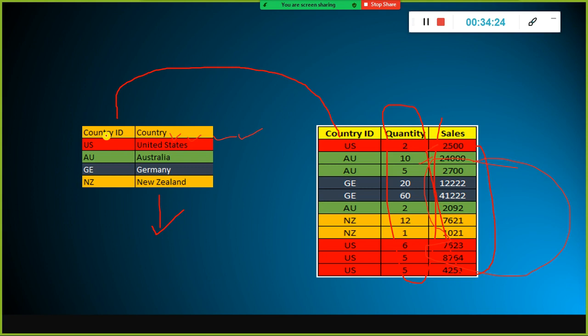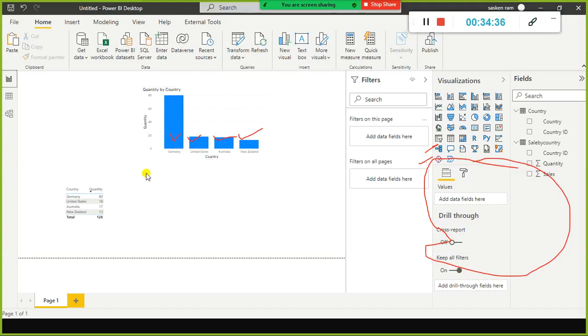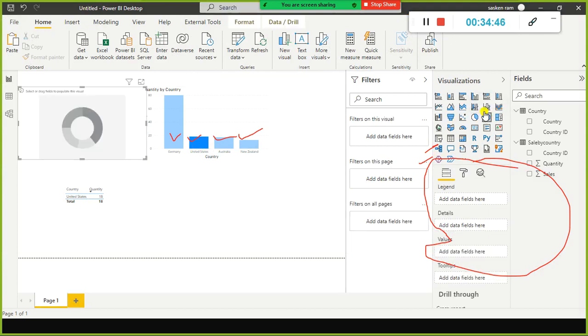Look here. This is my country table and this is my sales table. Here, for United States, I highlighted in red color. For example, if you select United States here, it shows only United States here. And for example, if I use another visual here, a donut chart.